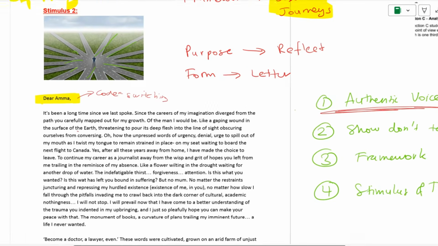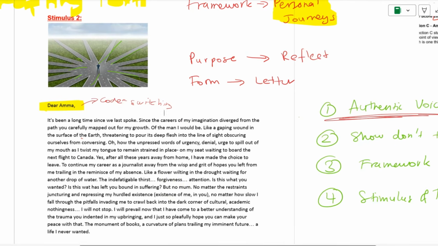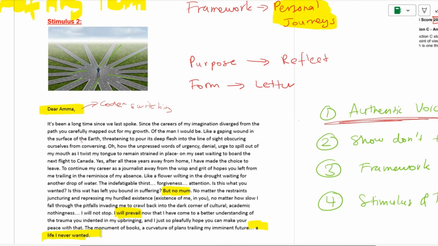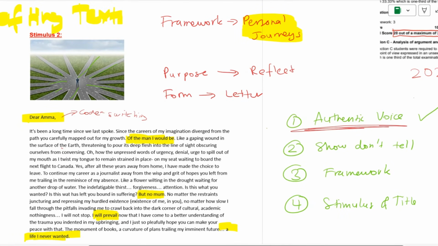Now, the next thing maybe that might reflect a little bit of authentic voice is me really talking directly to the recipient of my letter, which is my mum. So here I'm talking directly to my mum. I will prevail, a life I never wanted. Those things are very strong, they're very expressive, and they really do project my voice. So those are some things just to take note of with authentic voice, to give you a little bit of an idea around that. Okay, so moving on,